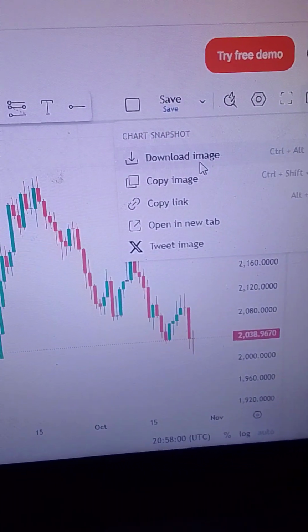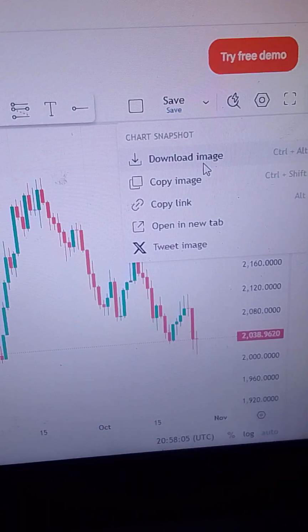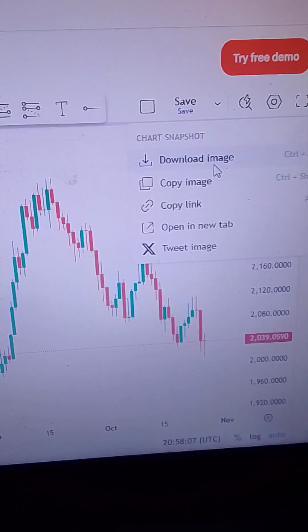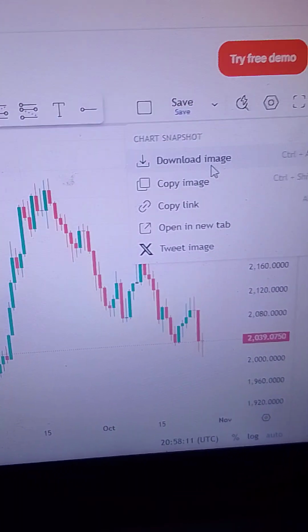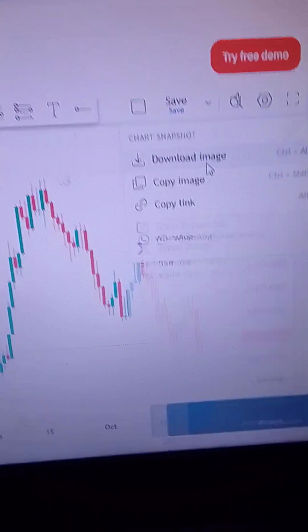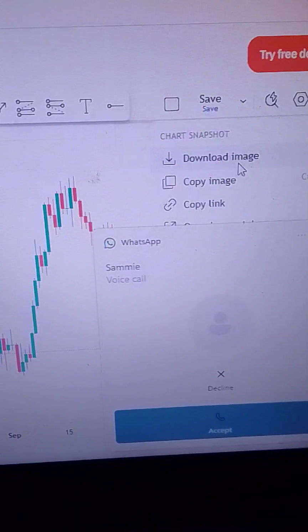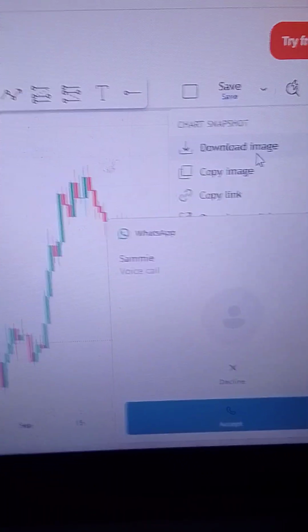So once it's saved to your gallery, what you do is send it to your group, and then you send the signal, and everything is written in that image: they've got a stop loss, they've got a profit. This is either a buy or a sell. You get what I'm saying? So I've got